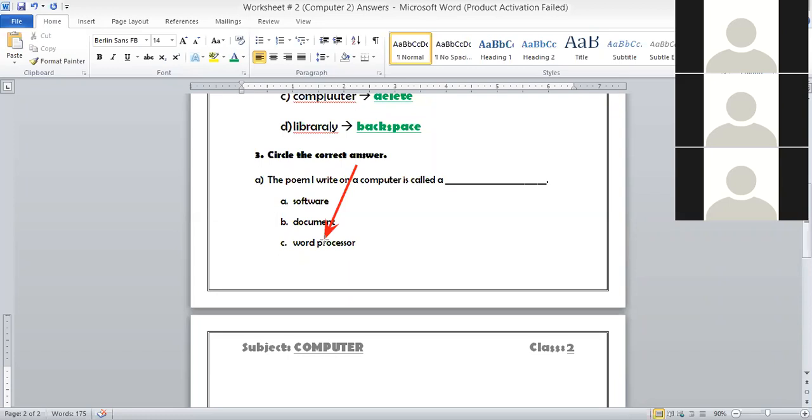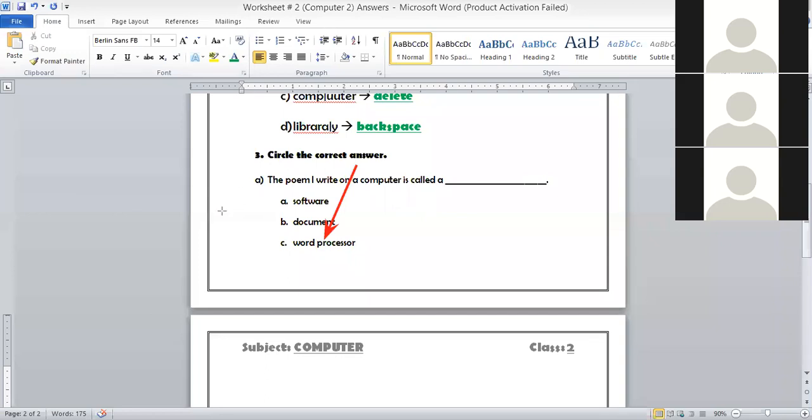That's good. All these students whose names I took sent the correct answer. Mohammad Farooq also sent the correct answer. So the poem I write on a computer is called a dash.